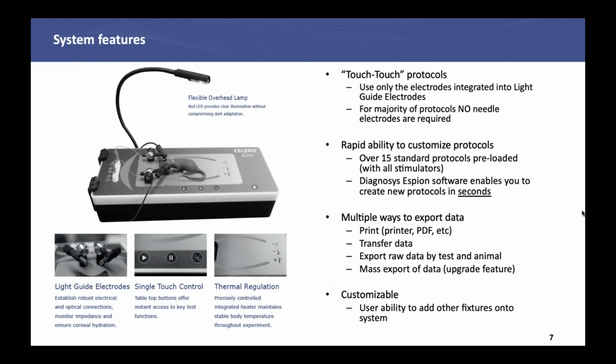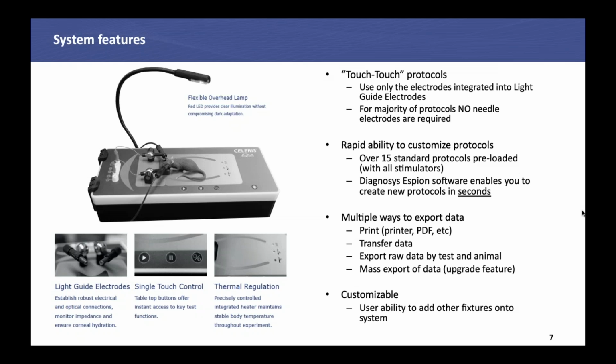System features. Probably one of the major benefits of Solaris is what we call touch-touch protocols. Most of the protocols on Solaris we're able to do using just the electrodes that are in the light guide electrode devices and avoid using needle electrodes. Needle electrodes are possible, and we have more than enough ports in the amplifier for Solaris to accept needle electrodes. But if you can avoid using needle electrodes, it speeds up the setup of the animal, and we found actually